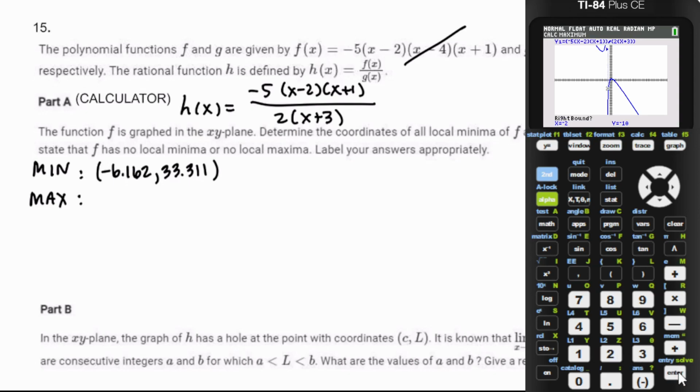Can't go negative 3, right? Because that's a vertical asymptote. Right bound of 2, that's definitely a wide enough window. I'm going to get the same thing back, right? So I feel good. That's the location of the actual relative maximum. So I get 0.162